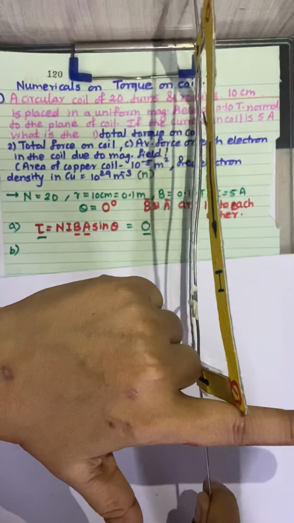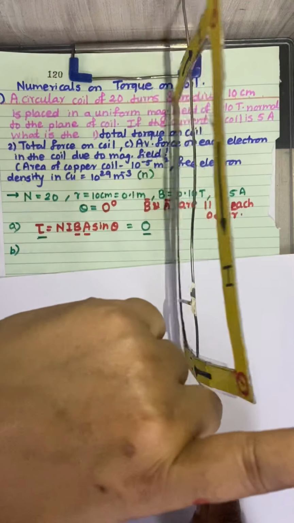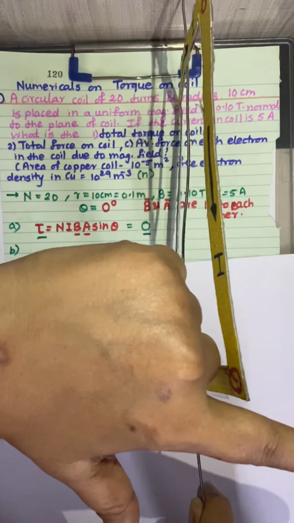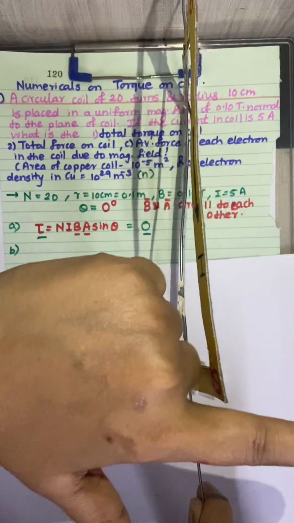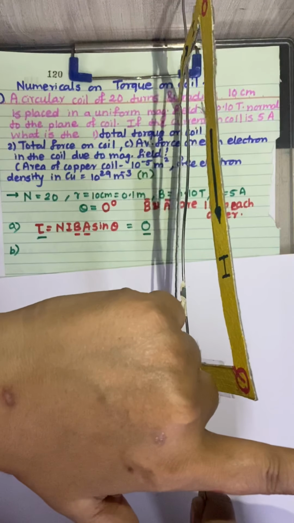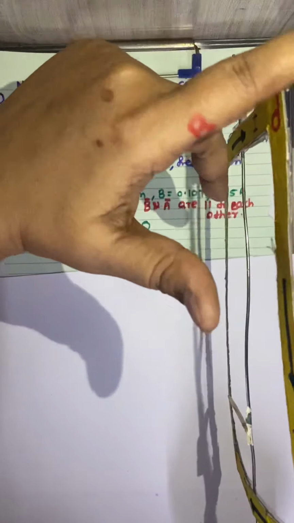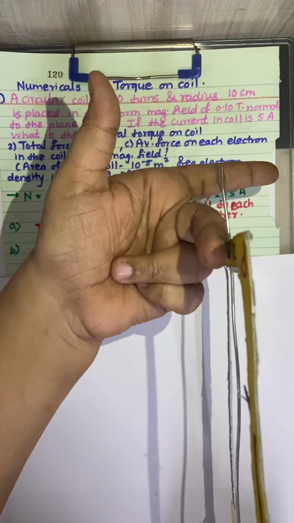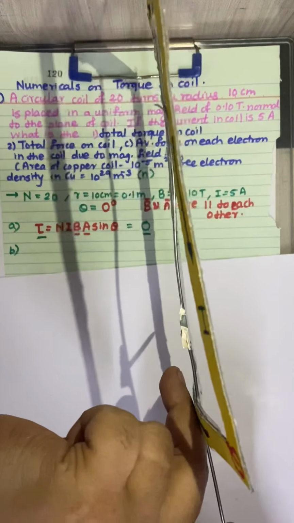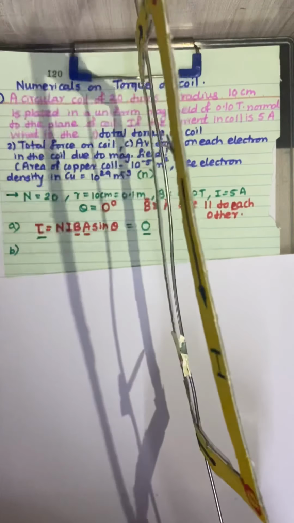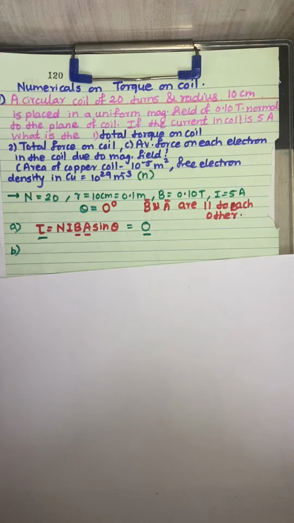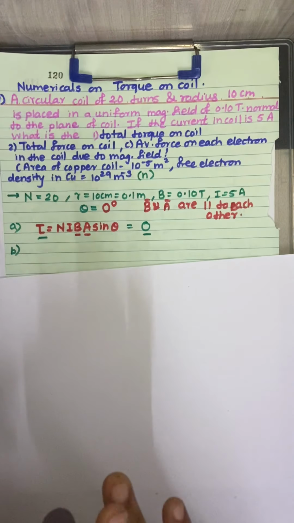So you can see here, this is the direction of the magnetic field. This middle finger shows the direction of the current. Then you can see that the thumb is in the opposite direction. Okay, so this downward direction is the thumb direction force, and in the other case it was in this direction. So the upward force and this downward force have the same magnitude, and they get cancelled with each other. So the net force acting on that particular coil is considered as 0.